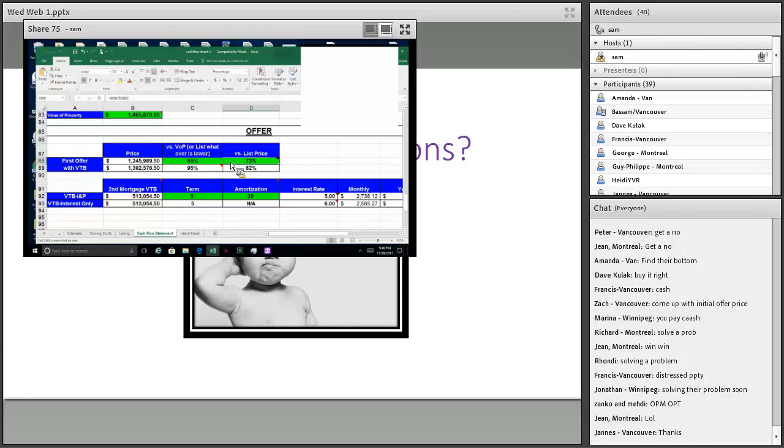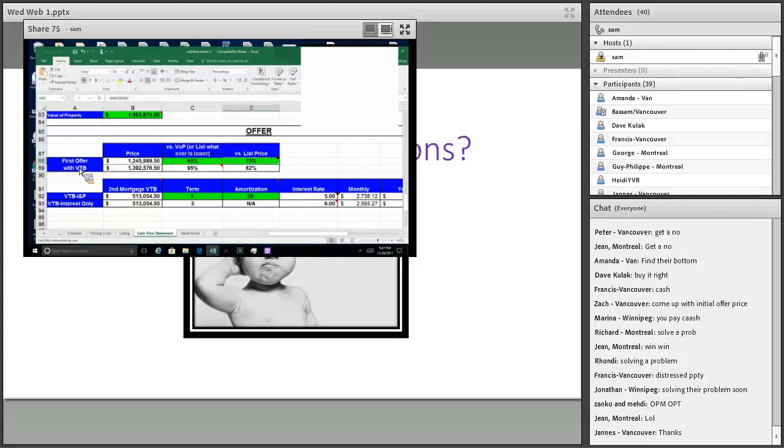And the big thing I want to share again, right? We're going to go through a lot of properties, but we're not going to make mistakes. We're going to make sure that when we get that property, we're going to make money, okay? So the first offer, absolutely, we're looking for a no. 73% is probably a no.